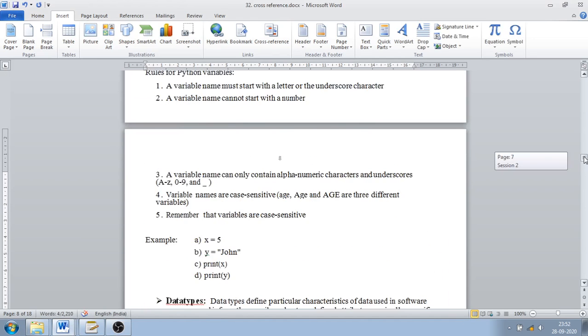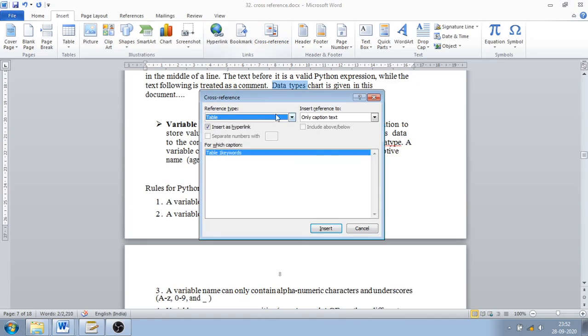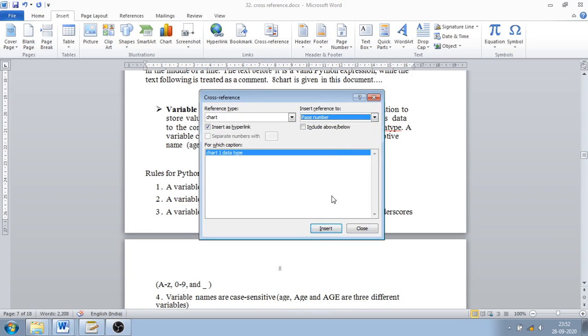Wherever I want to put that cross reference, just select that word like this, click on Cross-reference, select the reference type and select that, and entire caption, only caption text, or page number, just select it like this and insert.